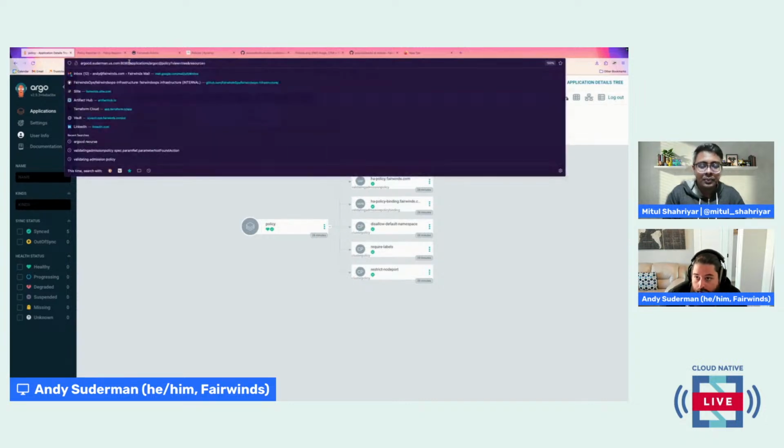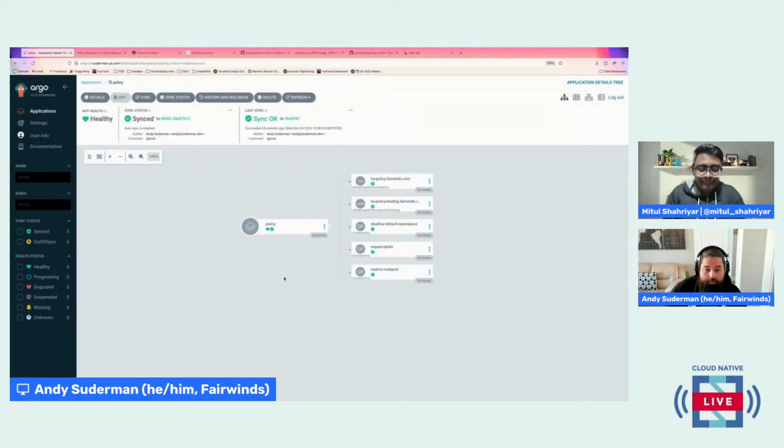And so we're actually running Argo CD in the same way across all three clusters. It's pulling from the same Git repository. So now I have a way to control all of my many policies and make sure that they're deployed consistently across every single cluster that I'm running.